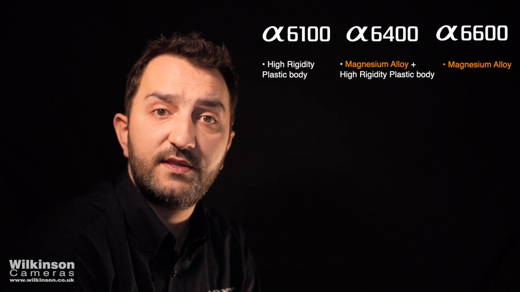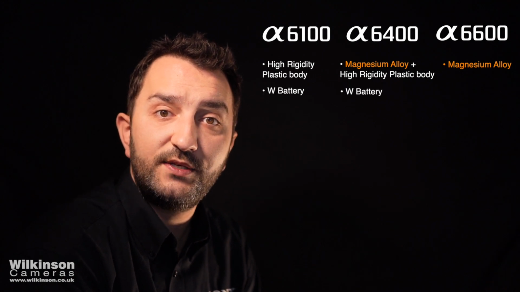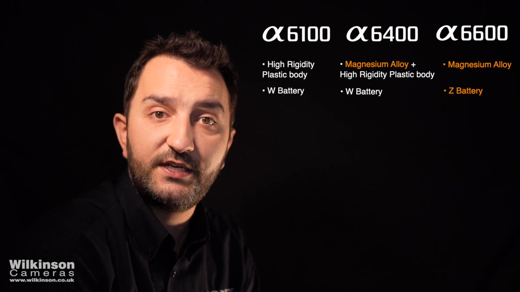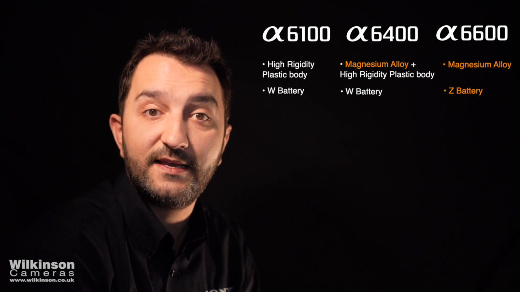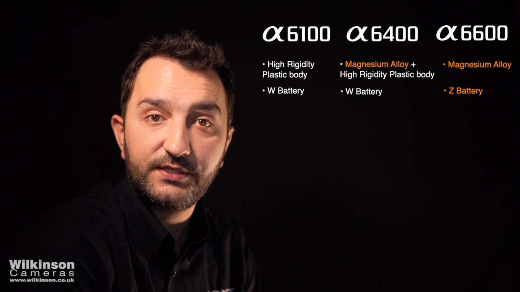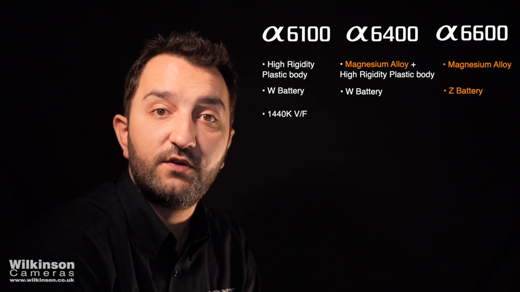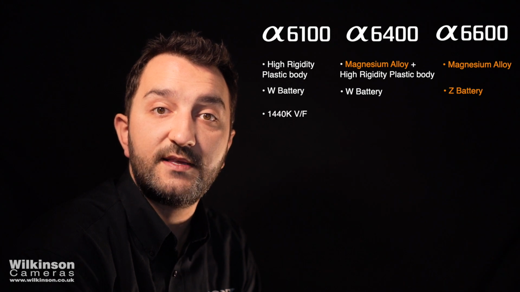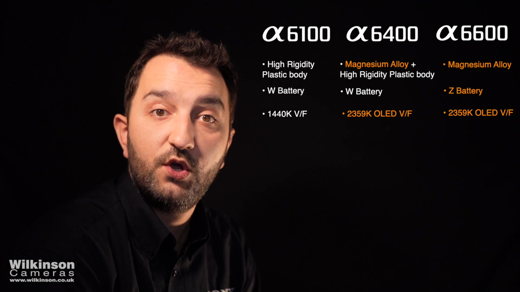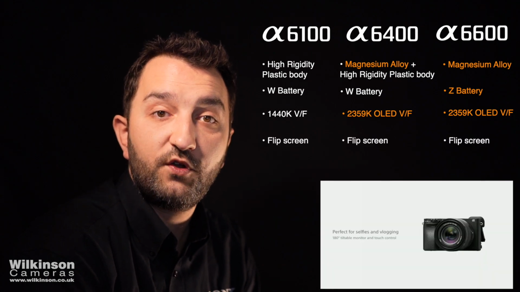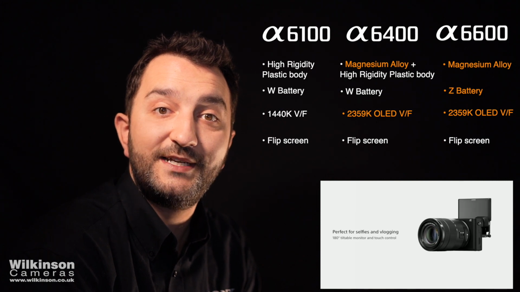The A6100 and 6400 both use a W-type battery, whereas the A6600 uses a Z-type battery which can be found in the A7 Mark III range of cameras. Now the A6100 has the lowest quality viewfinder of 1.4 megapixels, whereas the 6400 and 6600 have got the 2.4 megapixel OLED viewfinder. Now all three cameras have got a flip screen which will flip up to 180 degrees up